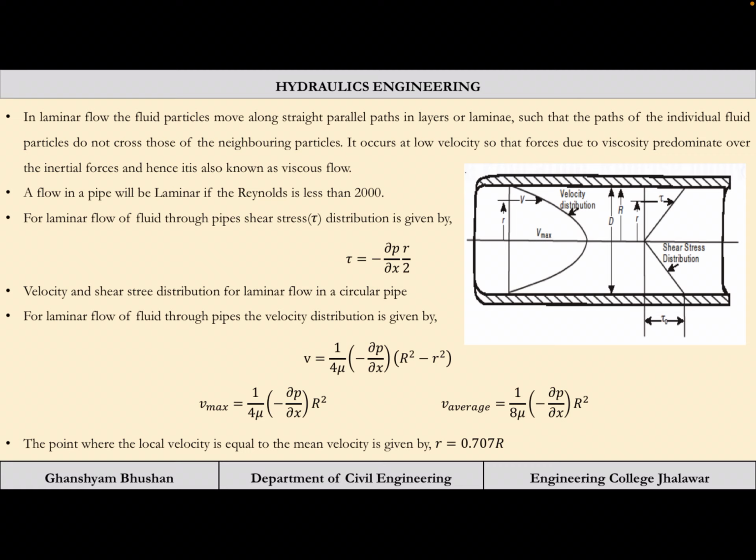Sorry, the viscous forces are predominant over inertial forces. So laminar flow can be identified if the Reynolds number is within the range of 2000 for pipe flow. If the flow is different, this value will change. For open channel flow it is different, for capillary flow it is different. So different flows have different values, with ranges for laminar, turbulent and transition flow.